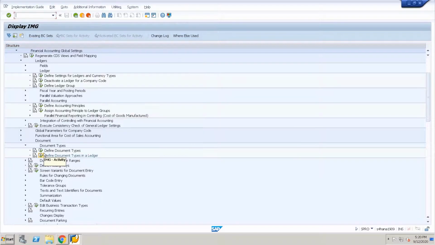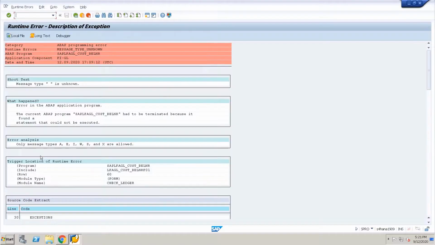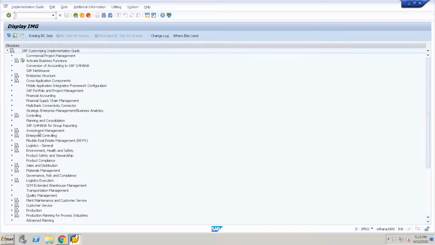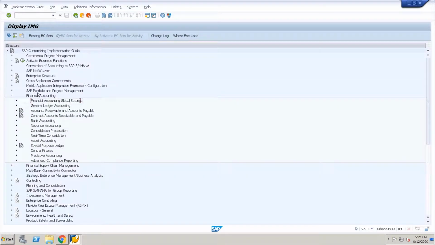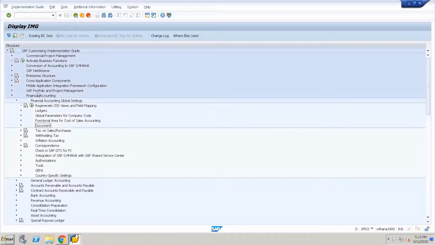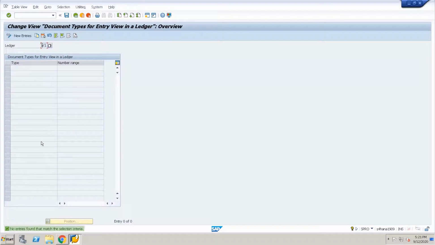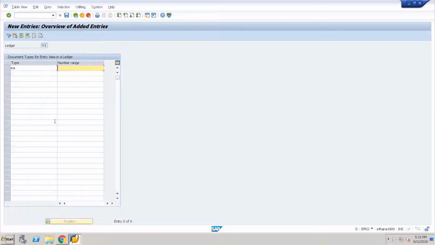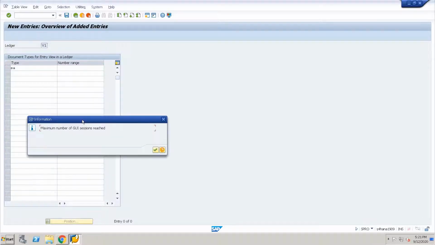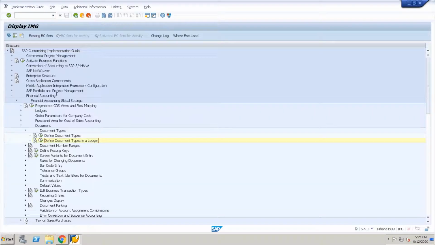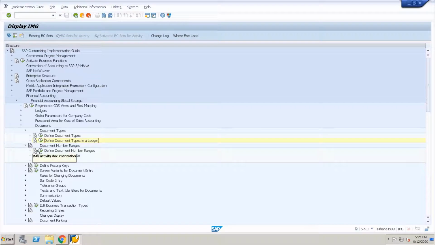Looks like some issue with the system. Okay, for document type SA, let me check what number ranges I'm having for this one before we go into this, so that we can assign a non-overlapping number range for this document type.